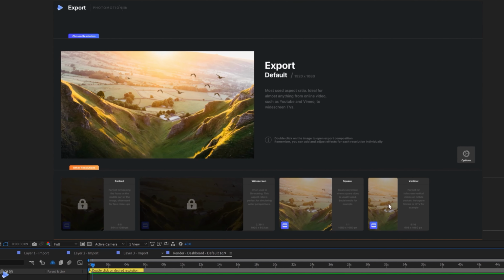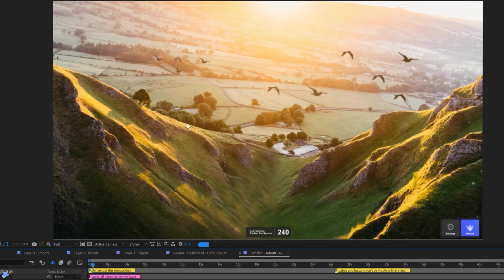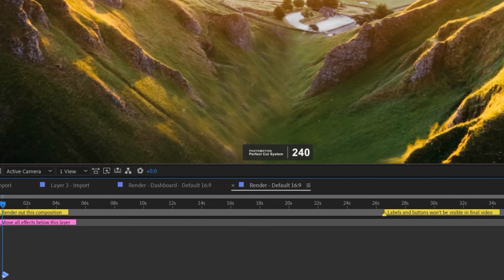As said before, within the trial version, you have 3 to choose from. We'll use the default for now, and then we'll be within this export composition. You'll notice that we have a number here just on the main viewport, and that's the Photomotion Perfect Cut system. What that does is tell us the exact frame that we want to be on in order to render out the animation precisely. Otherwise, we could accidentally cut our animation short or have tons and tons of time where nothing